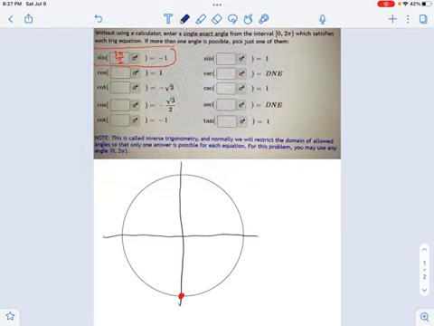So let's try another one. Let's think about the cosine of some angle, which gives me 1. So where is the cosine equal to 1? Well, cosine is the x-coordinate. Okay, so the x-coordinate is 1 right there. And that is the angle 0. Cool.